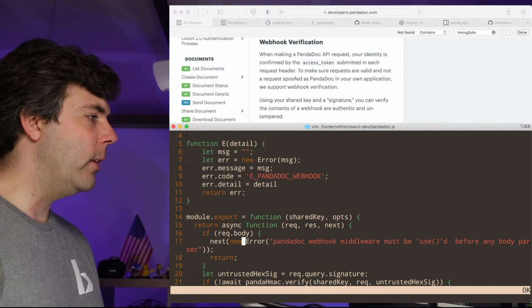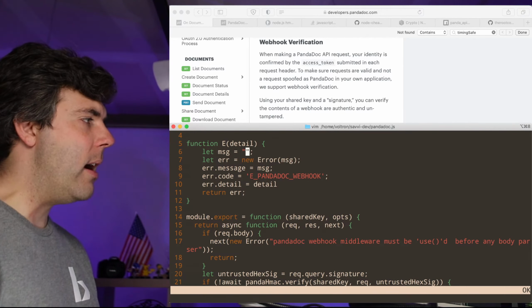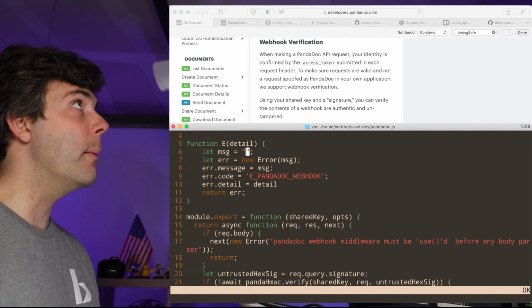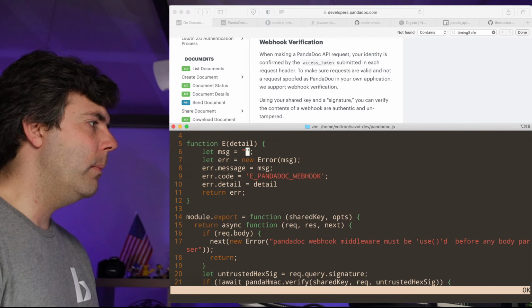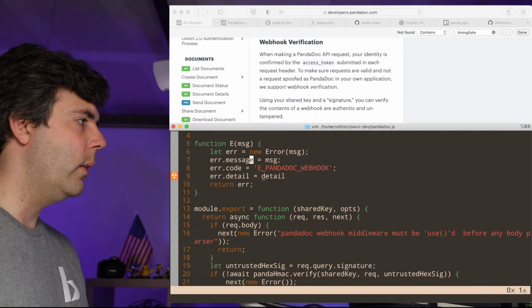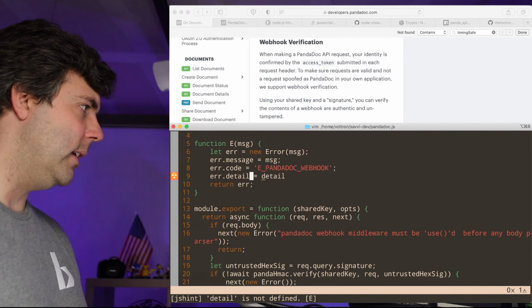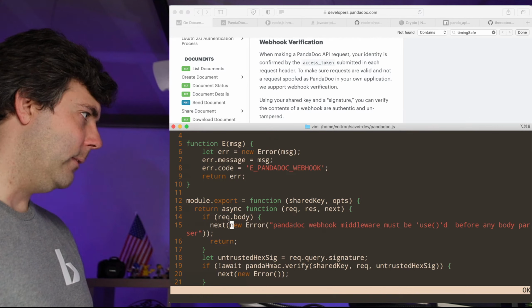Because this is for a webhook anyway, maybe I don't even need to go that route, because I can't think of a way that a person would see this unless they were an attacker. So maybe I won't do it now that I'm thinking about it. Okay, so we'll just leave this as is. We won't need a detail. We'll just leave the message be this. And then